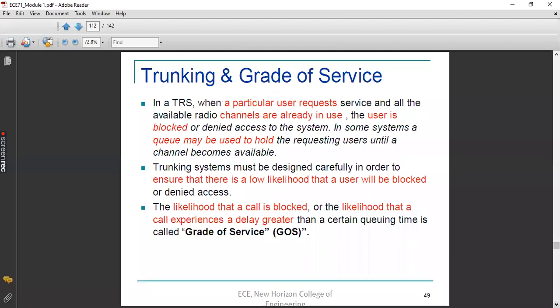Now, going to grade of service. We already had the concept of trunking. Now, I told you